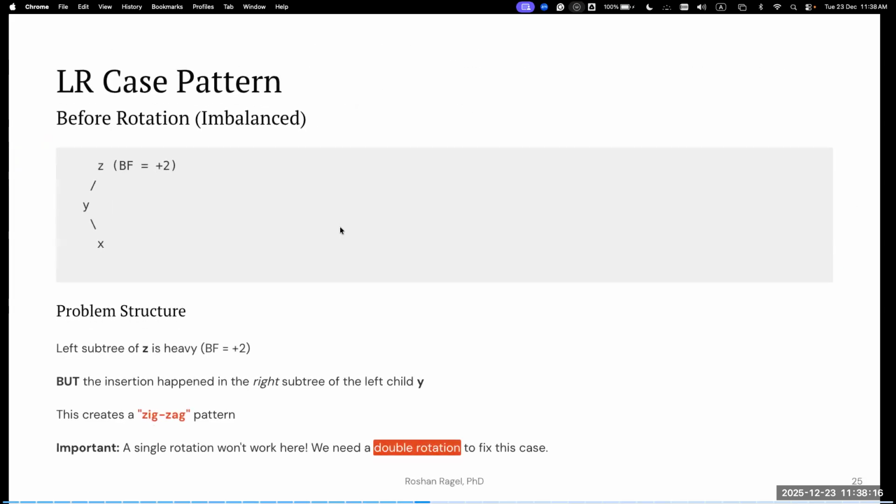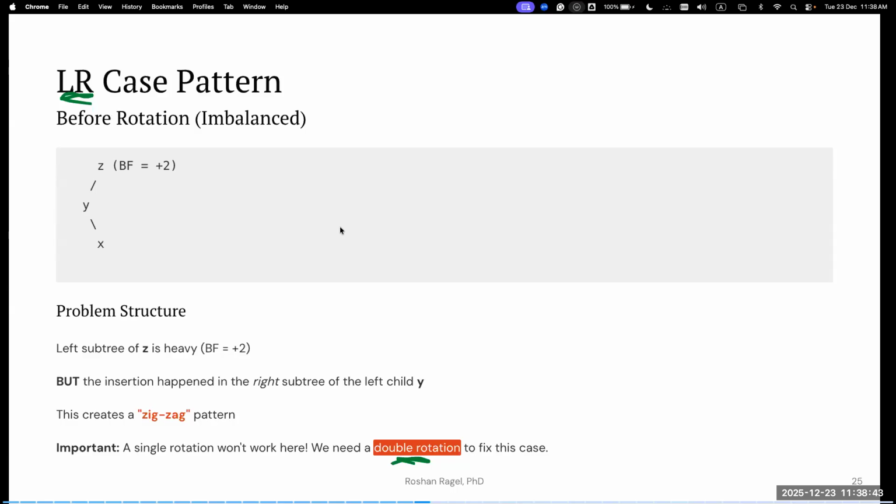Next one is a little more the zigzag case, right? The zigzag case, actually we'll do a double rotation, as I have mentioned here. So I'll do a double rotation. A single rotation won't work here. We'll have to do a double rotation, right? When you have zigzag. So basically the LR case,